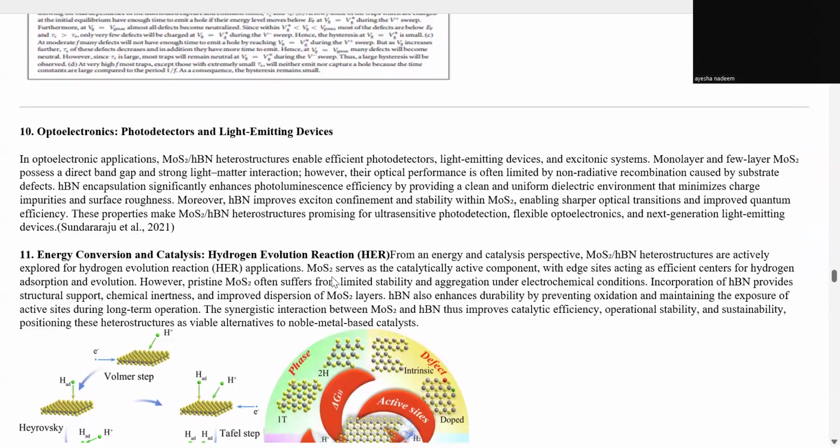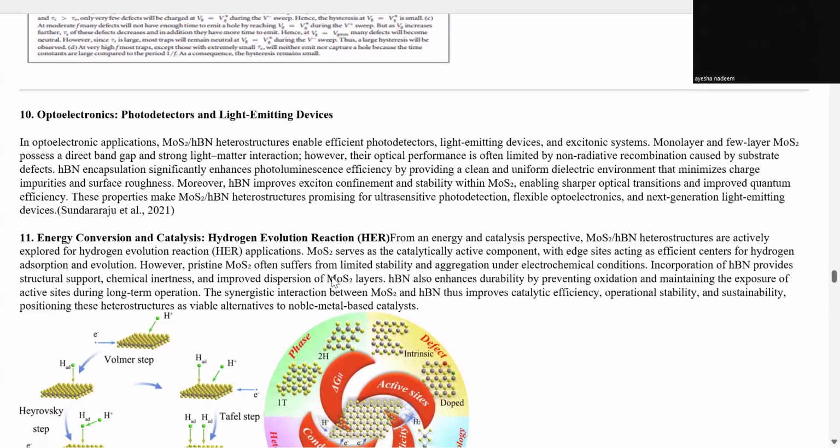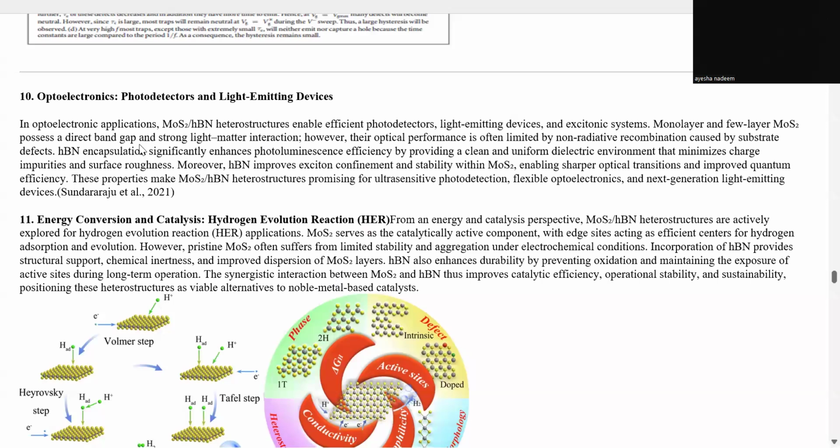The 10th application is in optoelectronics, photodetectors, and light emitting devices. In optoelectronic applications, molybdenum disulfide hexagonal boron nitride heterostructures enable efficient photodetectors, light emitting devices, and excitonic systems. Monolayer and few layer molybdenum disulfide possesses a direct bandgap and strong light matter interactions. However, their optical performance is often limited by non-radiative recombination caused by substrate defects, and